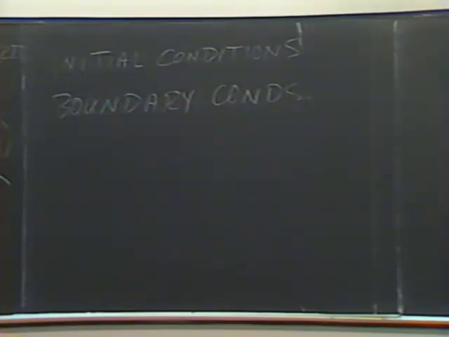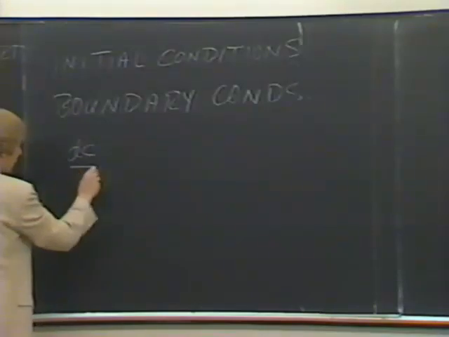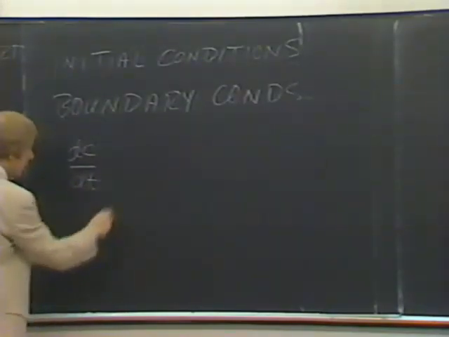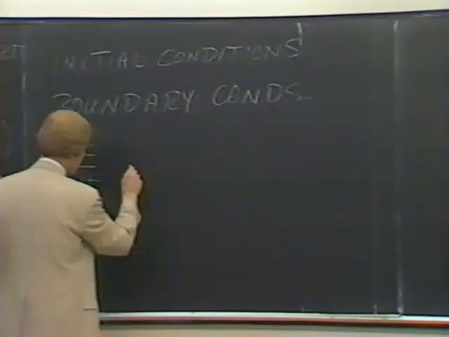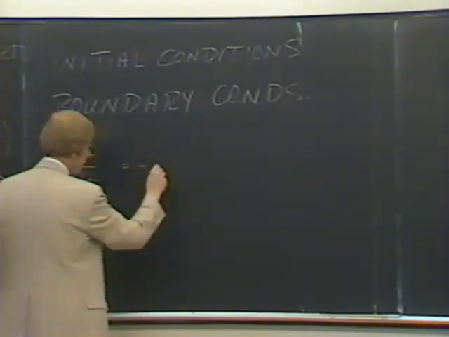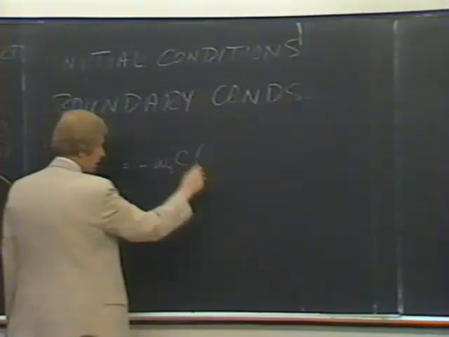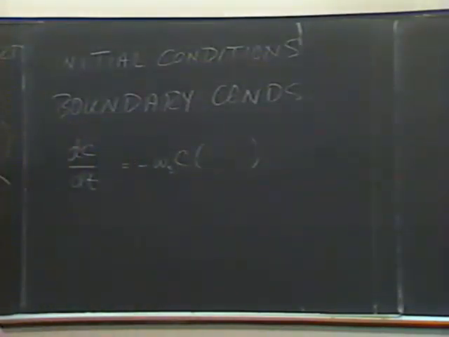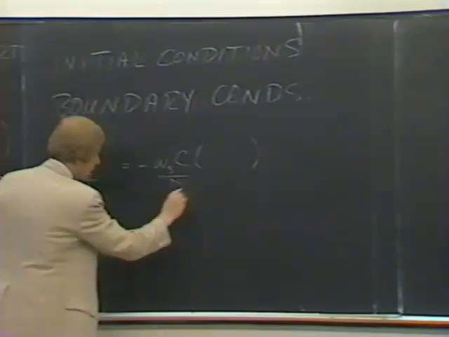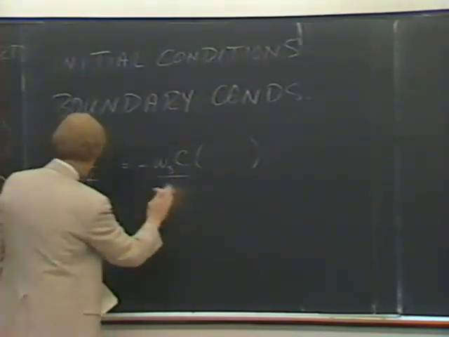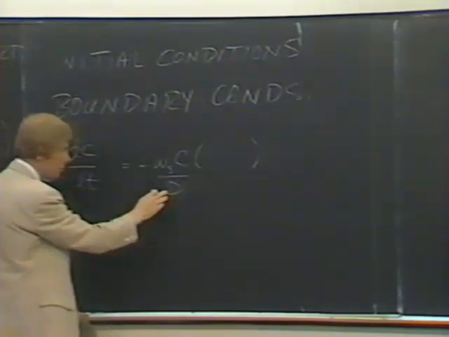Well, we spent practically the whole quarter talking about sources and sinks, deposition and erosion, and the processes that lead to deposition and erosion. So these are simply dC/dt terms, and for deposition we had dC/dt equal to minus the settling velocity times the concentration times the probability term divided by the depth. This depth, still call it D,